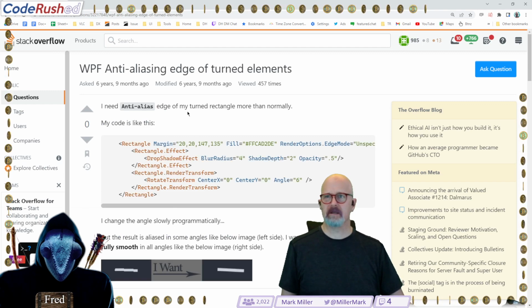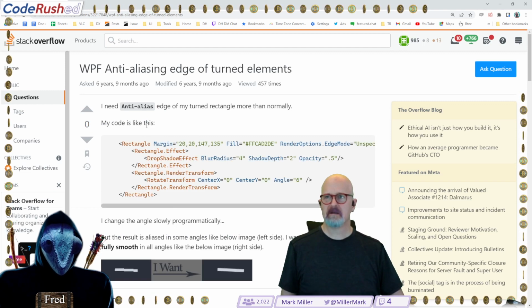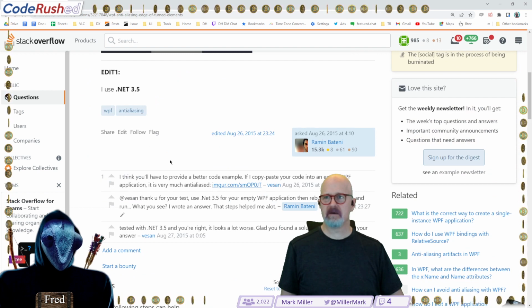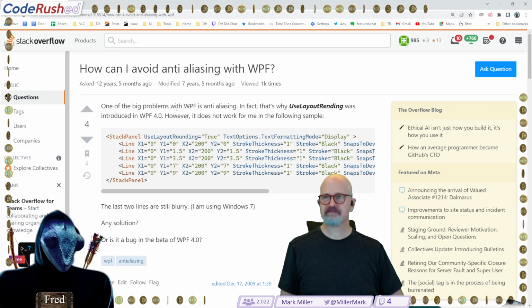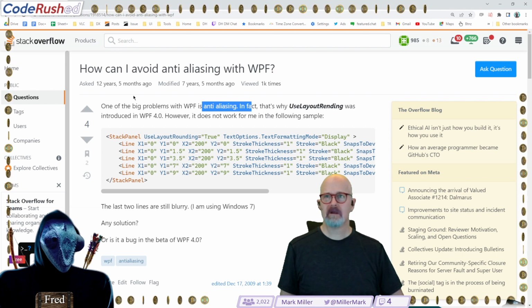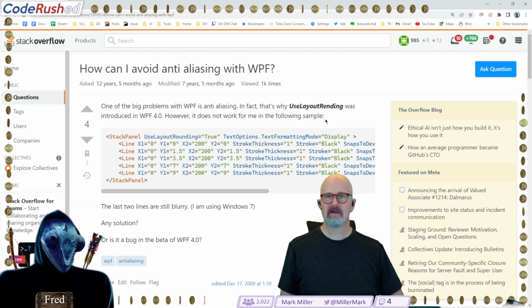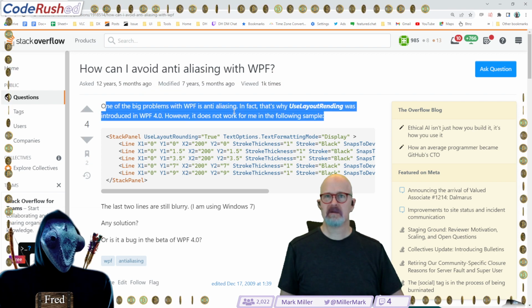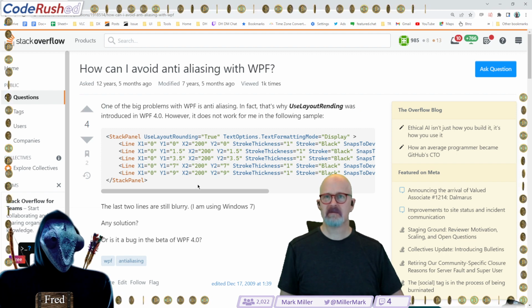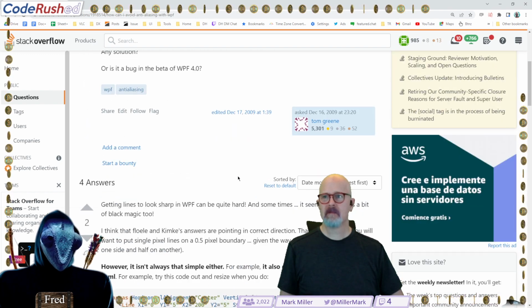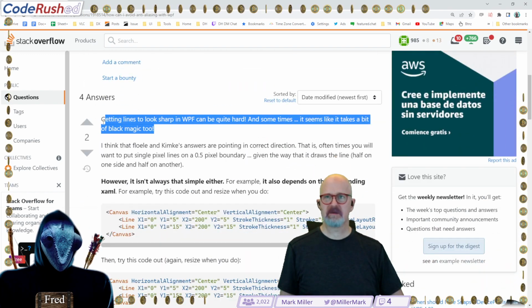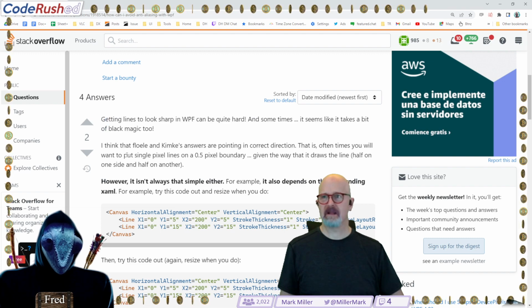What's a turned element? No, that's not what I want. How can I avoid anti-aliasing? Use layout rendering. The lines look sharp in WPF, and sometimes it seems like it takes a bit of bad magic.